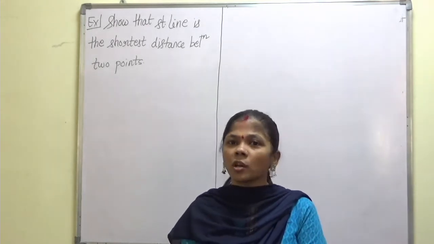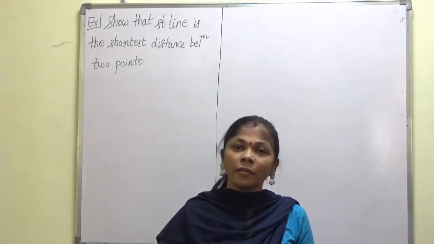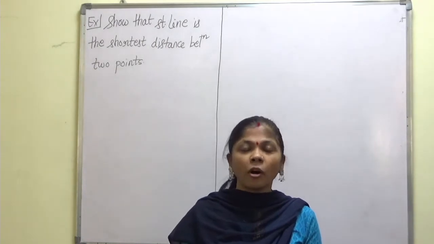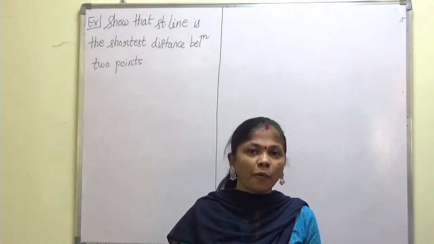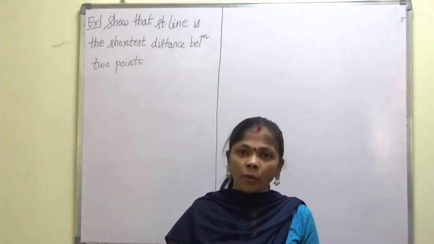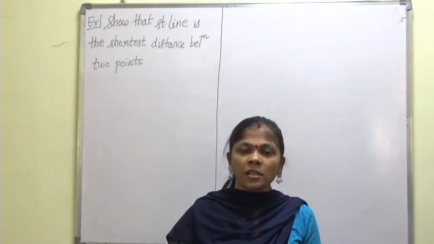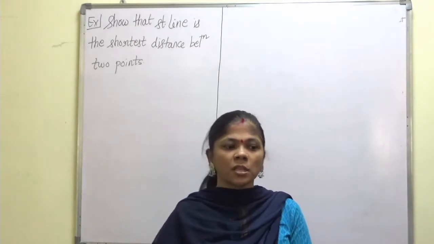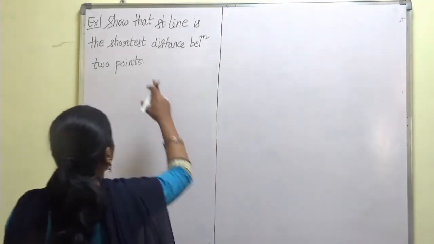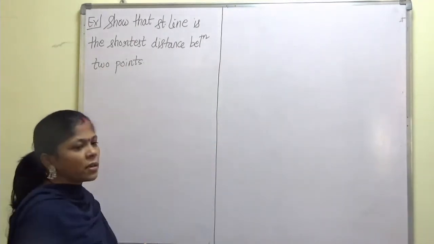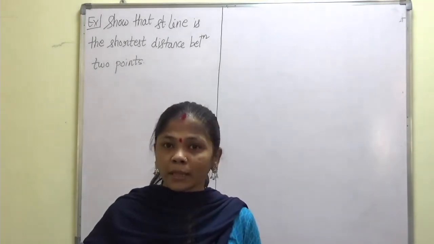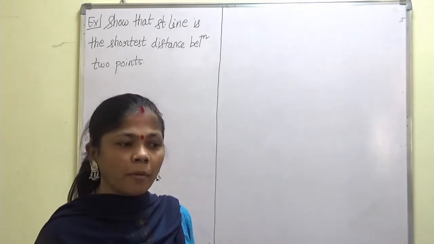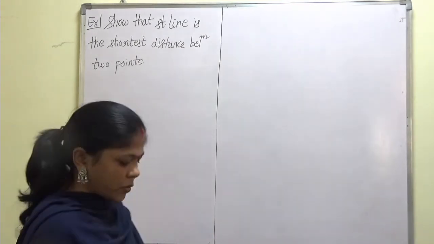Today we shall solve the examples where the functional is not given or not framed mathematically. So we will have to first frame it in the required form and then we will see how to solve it, right? So this is the word problem. Show that the straight line is the shortest distance between the 2 points. So first of all, we will have to frame it mathematically in a required form and then we will solve. Okay, so what we will do?